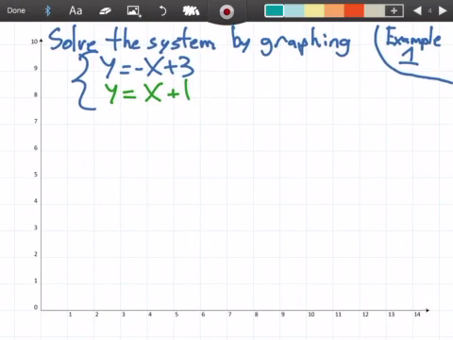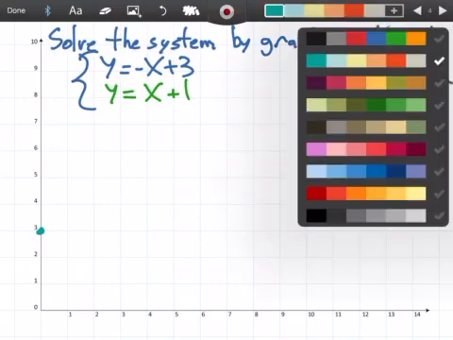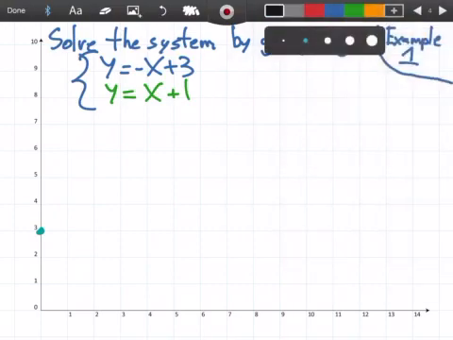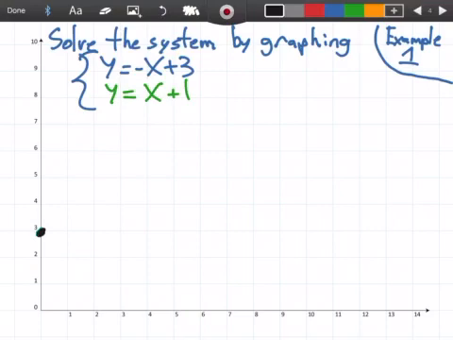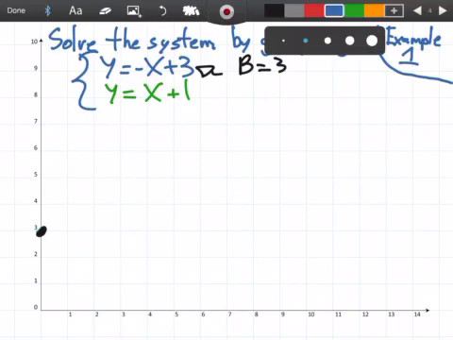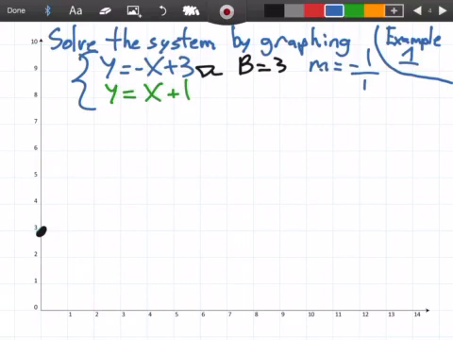So for this system, we have y equals negative x plus 3. I know that I'm going to have a y-intercept of 3. Sorry, let me color coordinate this a little bit. So my y-intercept here is 3. And I know my slope is negative 1. And I can write that as a fraction, negative 1 over 1. So I know that to get other points here, I would have to go over 1 and then down 1 and make this negative slope,